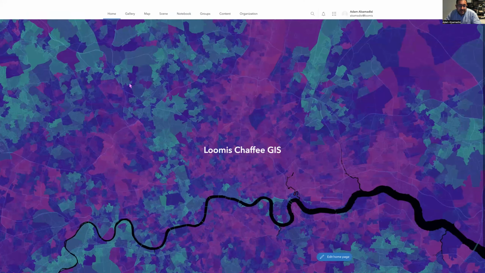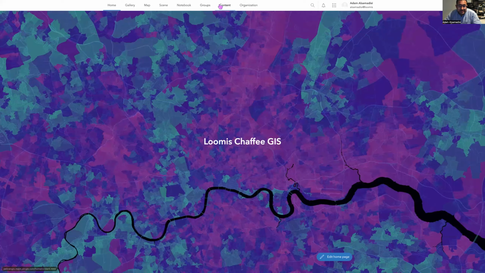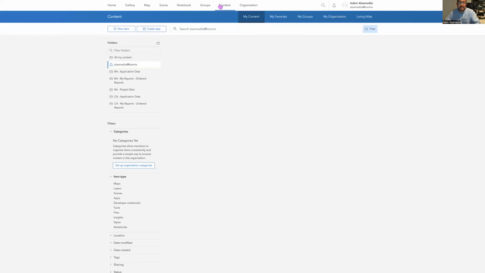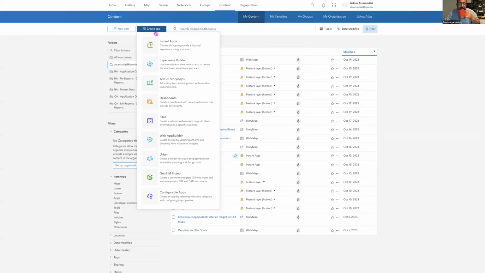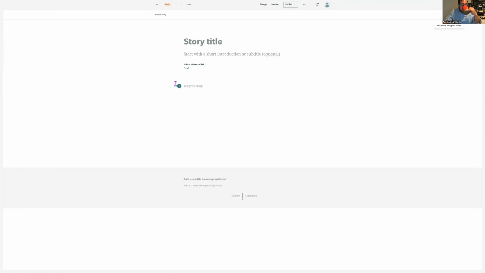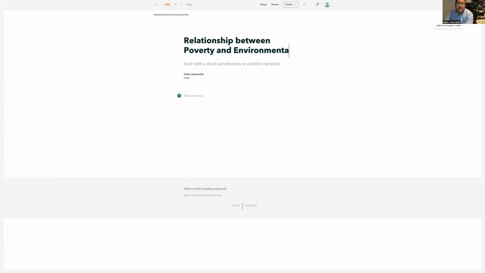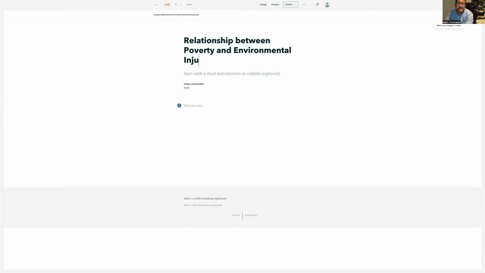Here's our Loomis Chaffee GIS page. I'm going to go to content, and I'm going to go to create app, and I'm going to ArcGIS StoryMaps. There's tons of different apps that you can build with ArcGIS. Story maps, I think, is a really interesting way to build a story based on the data you have. So story title, I could write, for instance, relationship between poverty and environmental injustice,